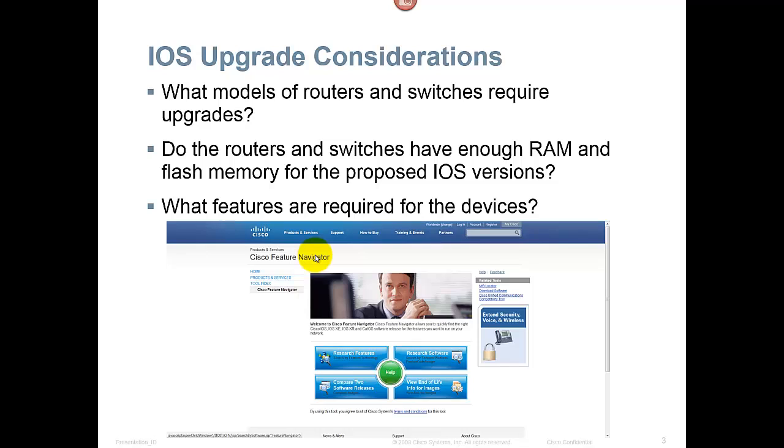IOS upgrade considerations. When you're getting ready to upgrade your operating system, here are some things you need to consider. First, what model or models of routers and switches are going to require these upgrades? Second, do the routers and switches have enough RAM and flash memory for the proposed IOS versions? If not, you'll be looking at buying and installing that memory. Again, remember RAM and the flash, you'll need to upgrade both. What features are required for these devices? If you want to move a device from a standard operating system to one with IPsec or the full security features, that's going to require paying for the more expensive operating system, for instance, and then upgrading the memory,